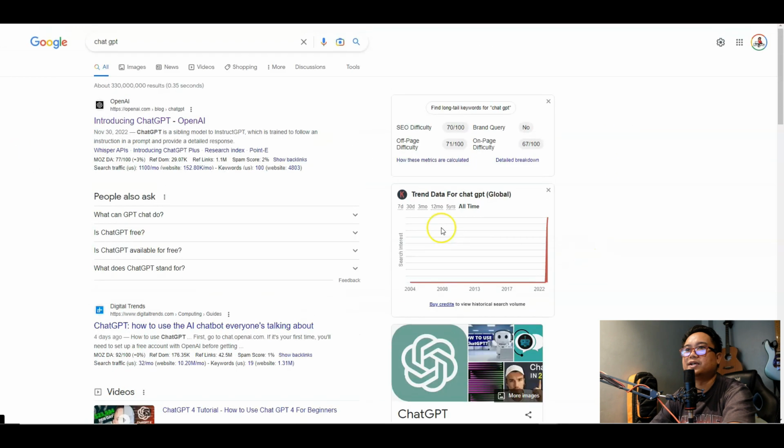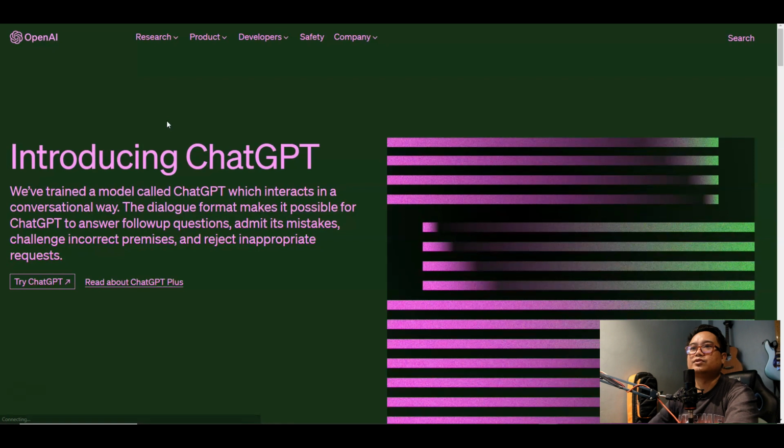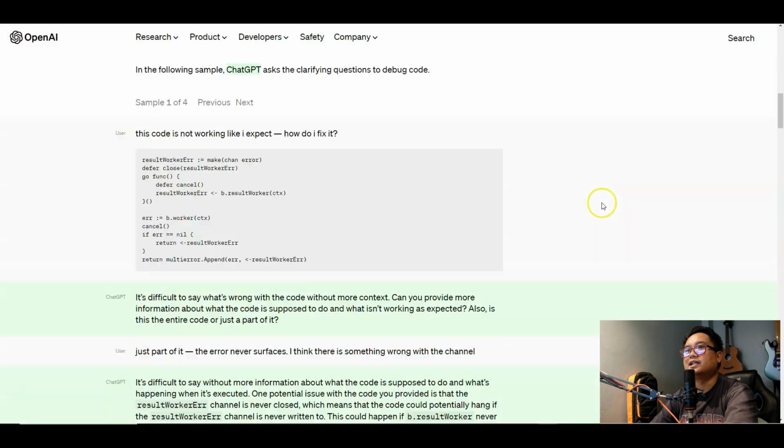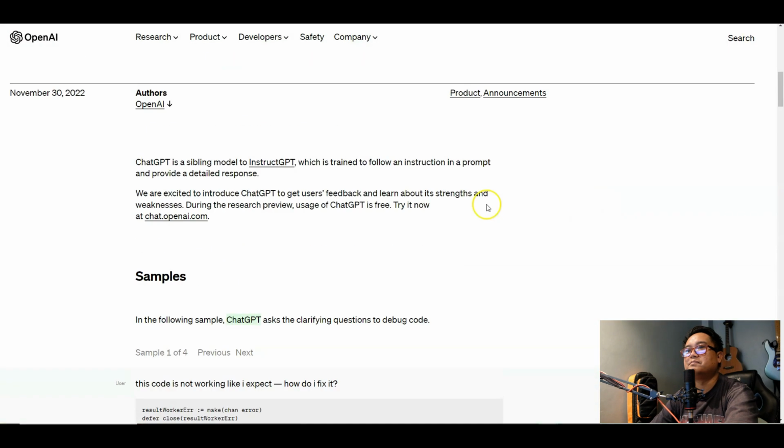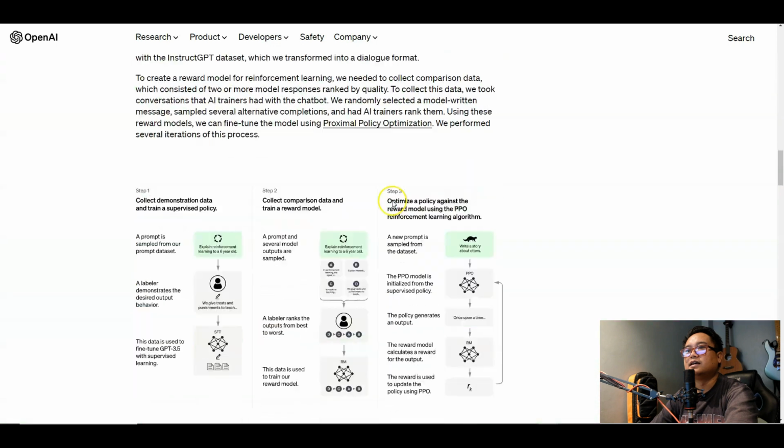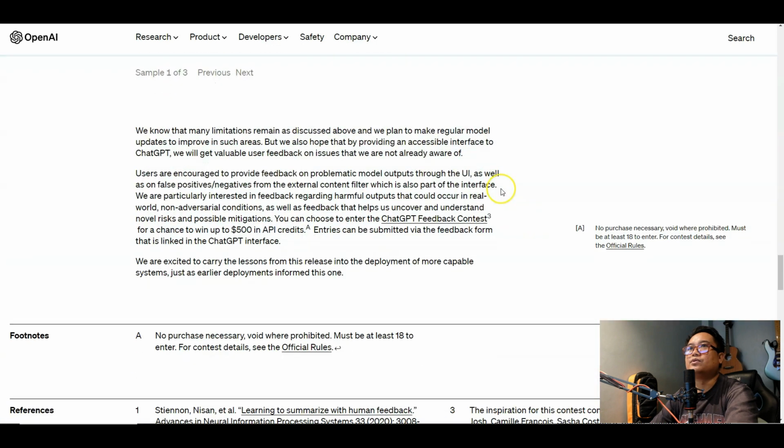So I think this is the website. Let's just try to go here first. All right. It's openai.com. Introducing ChatGPT. We've trained a model called ChatGPT which interacts in a conversational way. The dialogue format makes it possible for ChatGPT to answer follow-up questions, admit its mistakes, challenge incorrect premises, and reject inappropriate requests. Alright, so ito yung website nila. May mga few examples and guidelines on how to use it. Pero we're just gonna